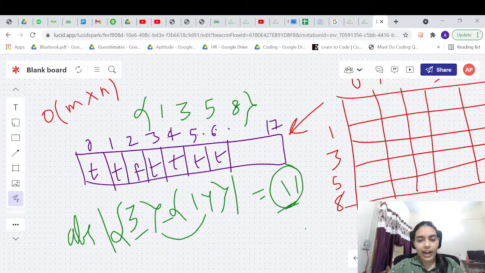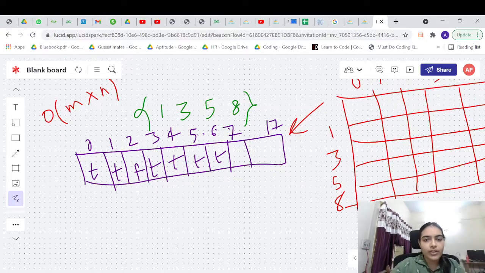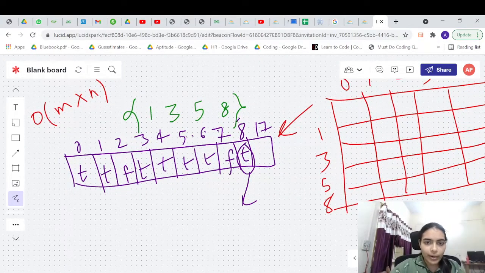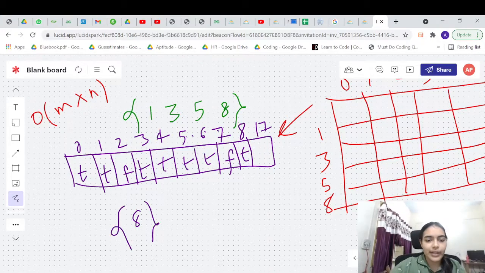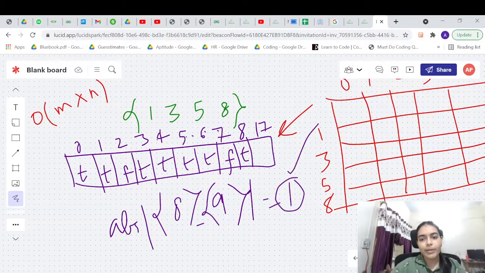So in that case, you will try to find out if 11 is the minimum that you have seen till now. If not, then you will find out other values in the DP table. You will go on doing this, and for example, 8 is also possible. In this case, 7 is not possible. So when you are iterating over this array and you come at the value 8, you will notice that it is true. So you will take one subset with the value 8, and the other subset will be 17 minus 8, so it will be 9. So you have subsets 8 and 9. The absolute difference between 8 and 9 is 1, and that will give you the minimum possible answer.